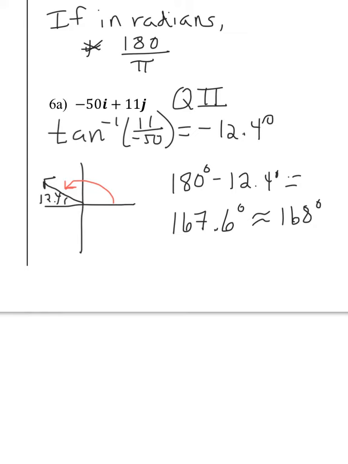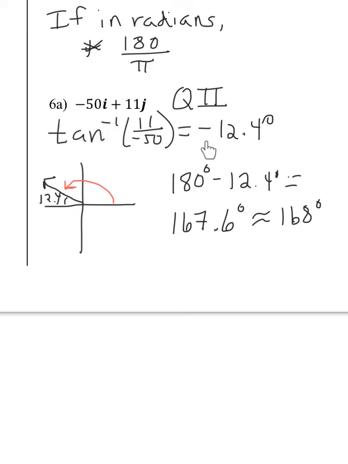Okay, so the next problem is a little bit different because right here it says that along the horizontal we are going left or negative 50 and then up 11. That puts us in quadrant 2. So when you're in some other quadrant besides quadrant 1, you need to be very careful when you're doing these problems. All right, so again, we're going to use tangent, and I just went ahead and wrote tangent inverse. We put our ratio in, 11 over negative 50,